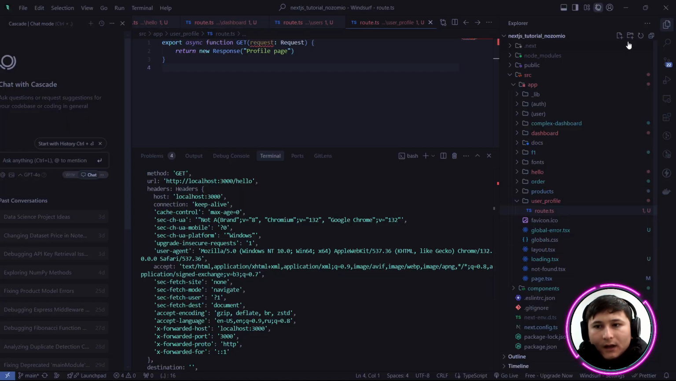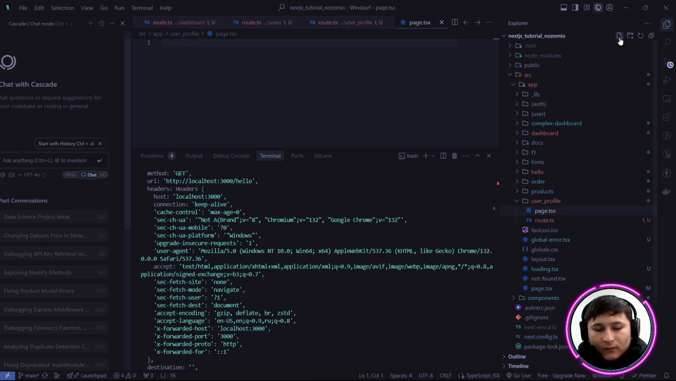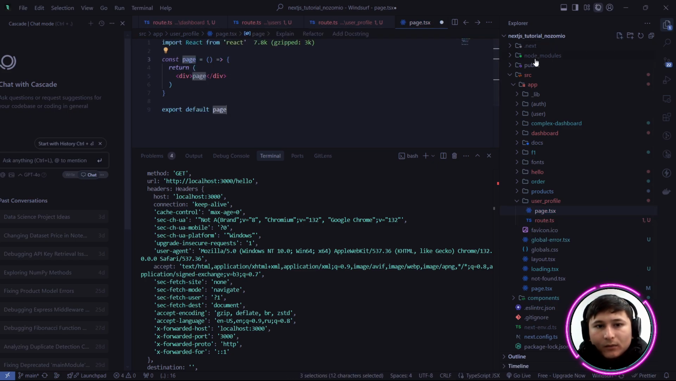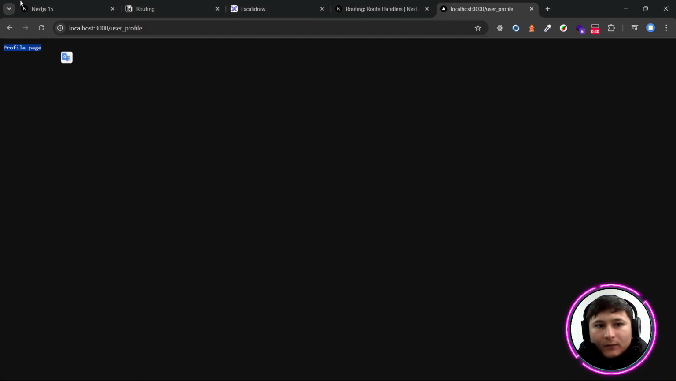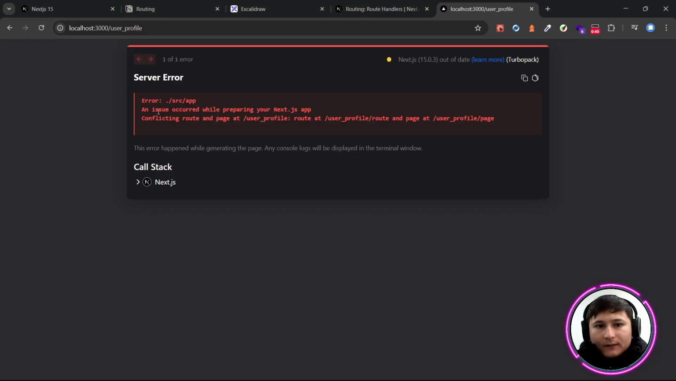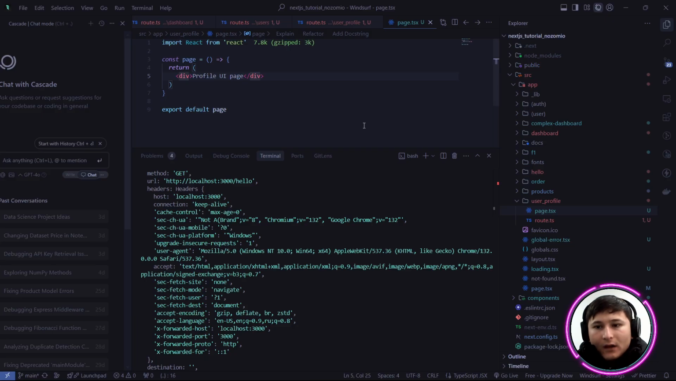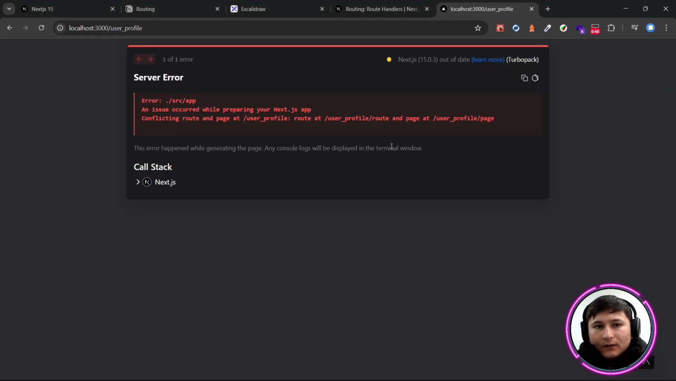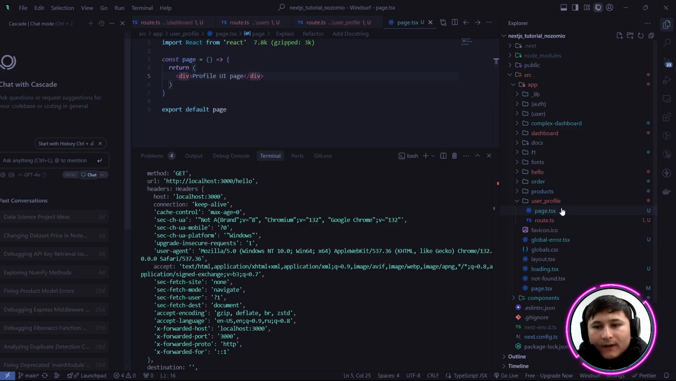But when it comes to creating the page for the UI, what happens? What is the problem? You can see right here, the profile UI page. If I refresh the page, it's a problem, right? It's a big problem. Next.js has a problem defining what it can display,